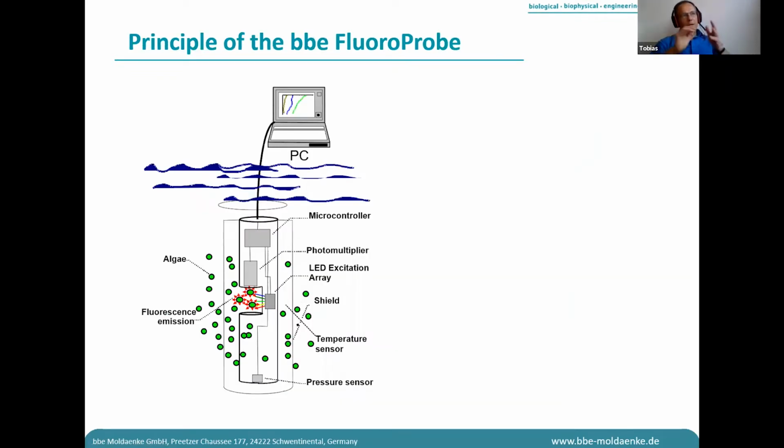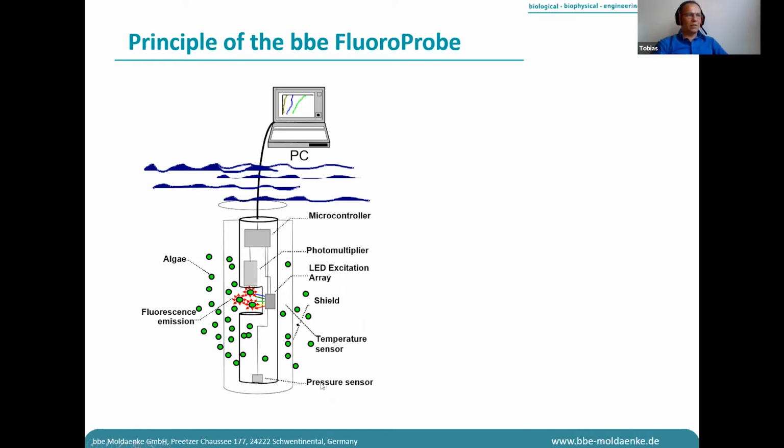The principle, now we come to the device we are using. The principle of the BBE FluoroProbe is that you have an LED array which excites the algae, and we have a photomultiplier which measures the fluorescence. And this fluorescence is in the water, then we have an LED array, and we have a shield that is a protection shield for the device.